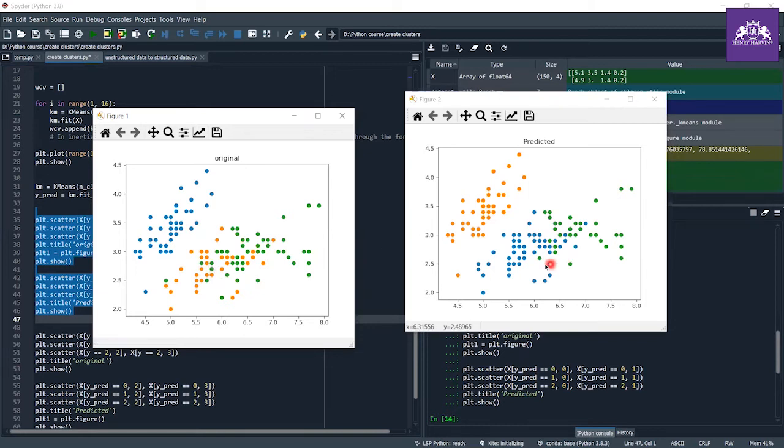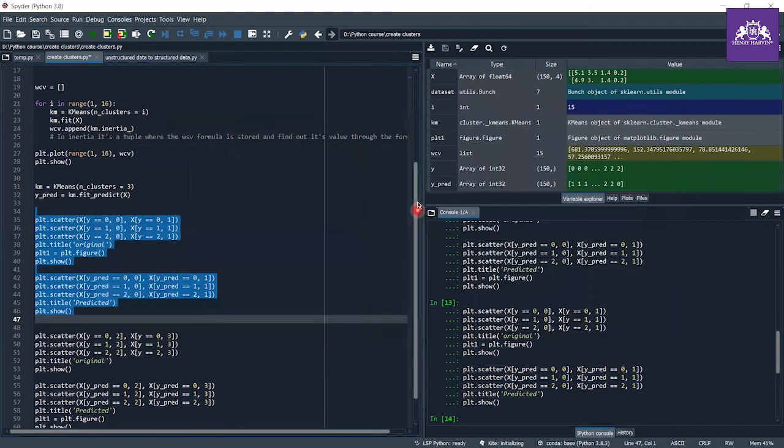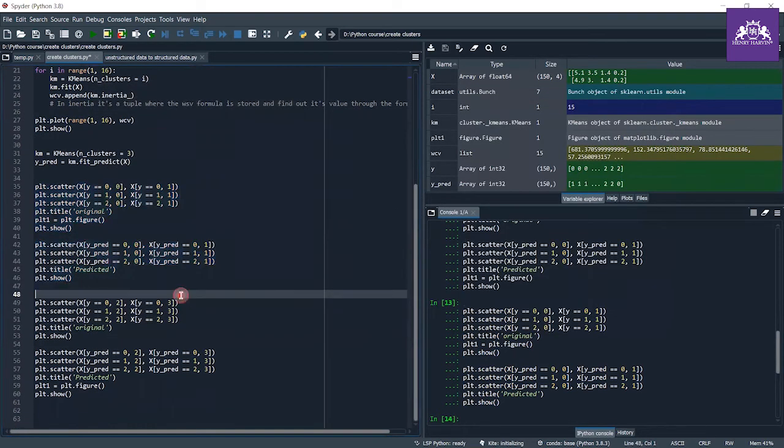As you can see, there is some mismatch, but it is approximately 90% close. Our algorithm can state that this flower belongs to one class, this flower belongs to another class, and this flower belongs to another class. So our prediction is quite close by using this algorithm, without going through any training.